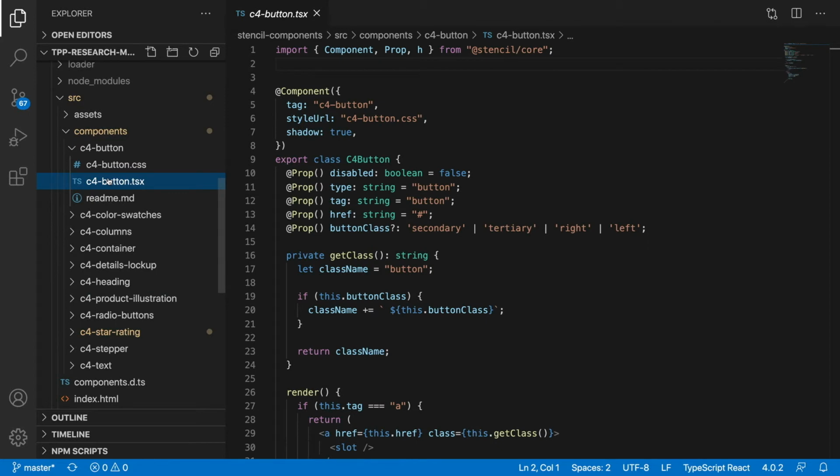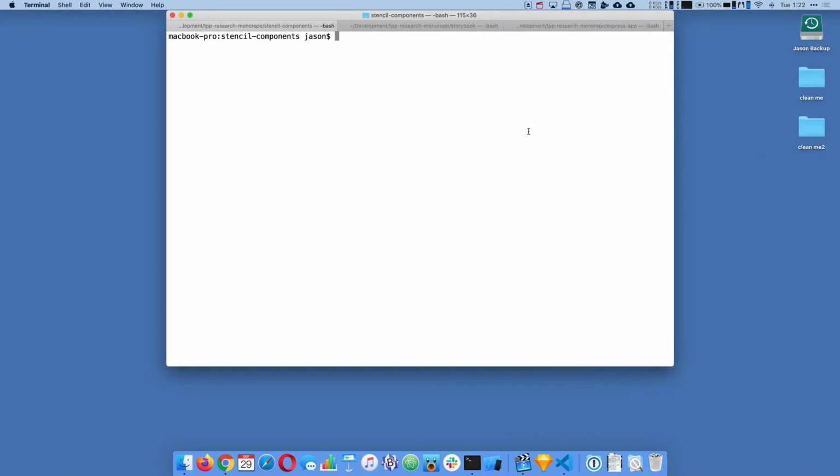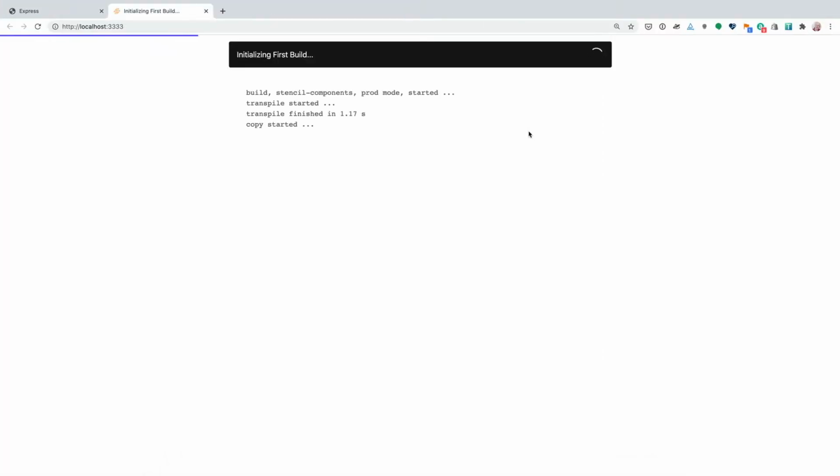When we look at the JavaScript, what you'll notice is that it looks a bit different, and that's because it's not vanilla JavaScript, it's actually TypeScript. And again, we can use some of the features that Stencil brings in from its core to define how the component will work, and to define it actually pretty quickly. This is a lot less code than what we're looking at from the pure web component perspective. But what's really nice about Stencil is it provides a bunch of additional utilities that you get sort of out of the box. So if we go in and we actually start the Stencil project, it will go in and it'll build that.